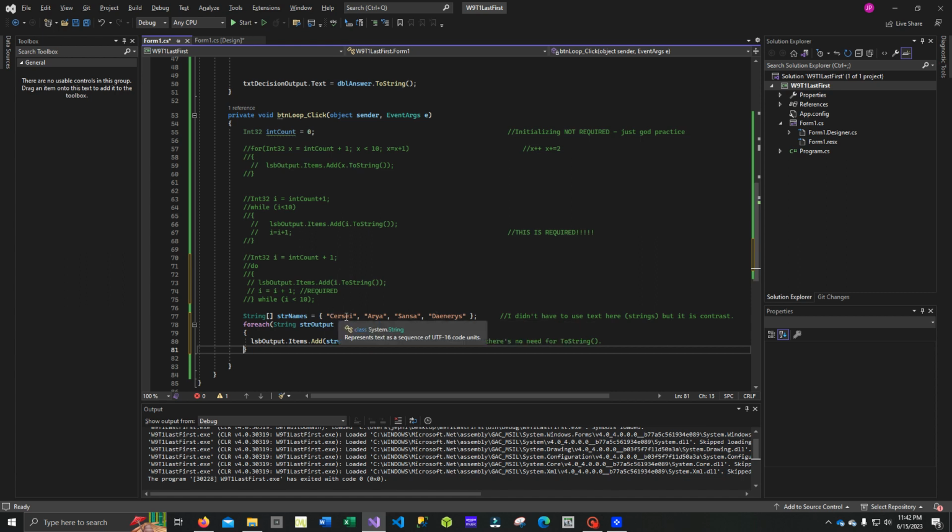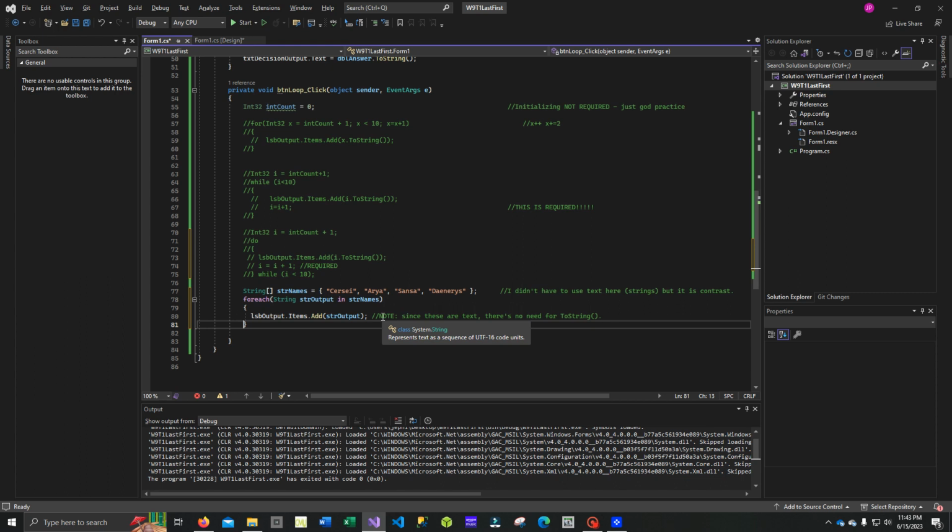I could have created numbers, but I like this one as a demonstration of the fact that this one is frequently using strings. Okay, so it's just convenient. So here's the for each loop. Okay, so it says for each string, okay, so I could have said for each name, for instance. In fact,